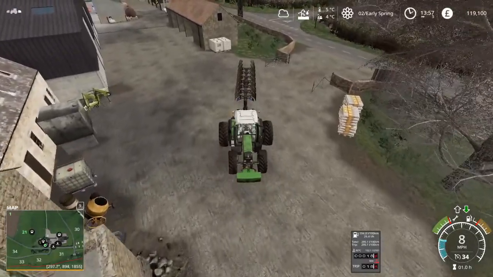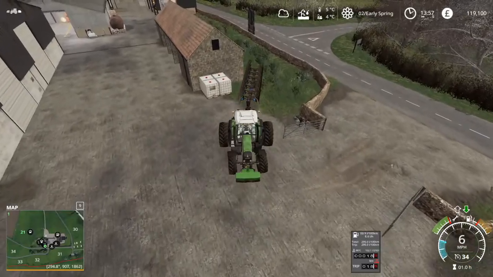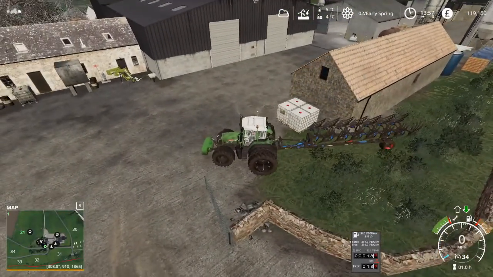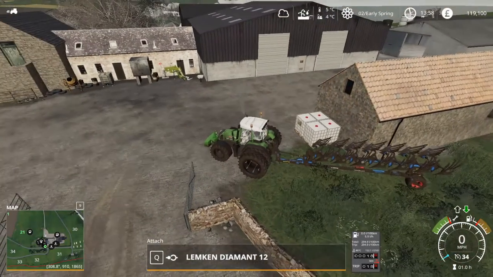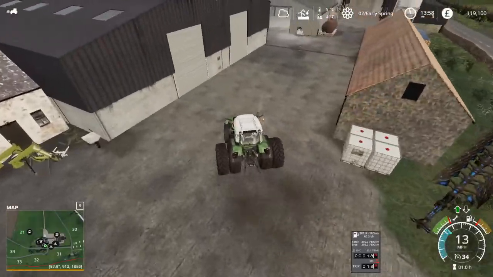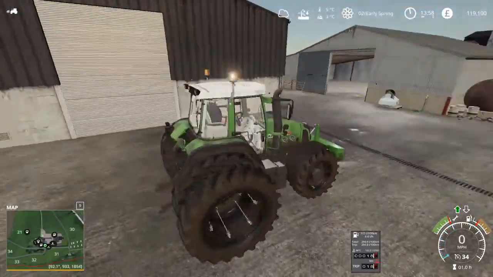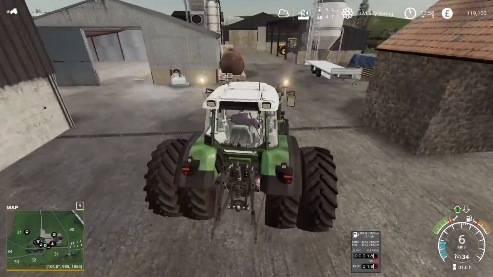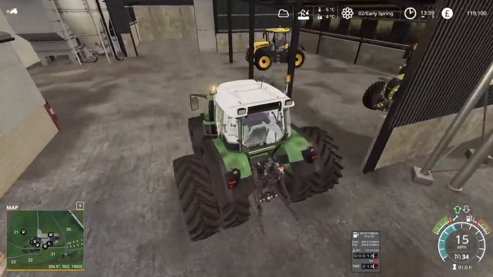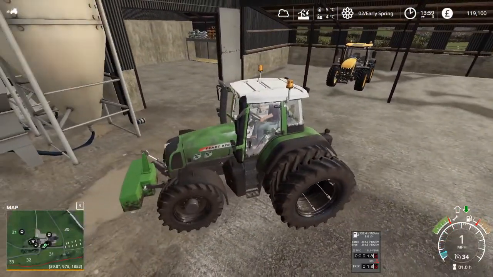Let's put the plough back now that we're actually finished with it for now. I feel like this is a good place to keep the plough tucked out of the way. Of course, this tractor is very dirty and we do not have a pressure washer. Now, spreading lime on that field, that's something that is definitely going to need to be done. But we're not going to do that today, because what